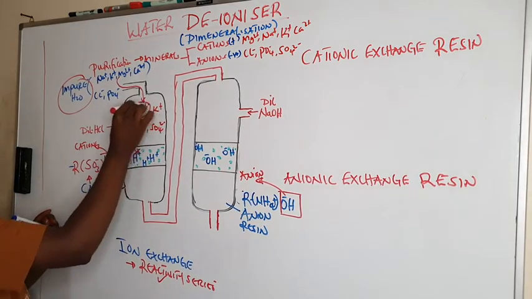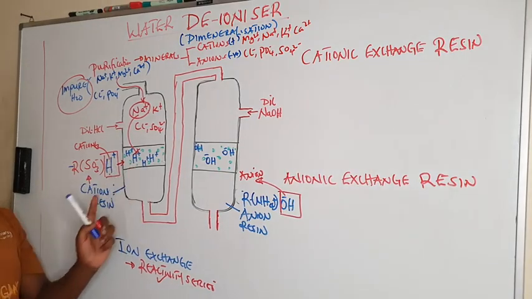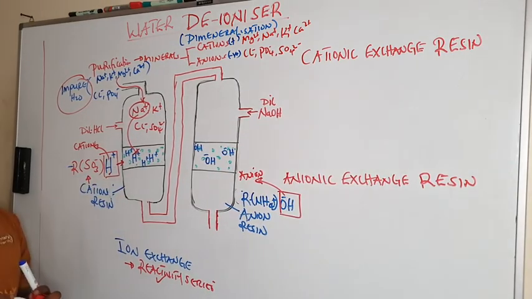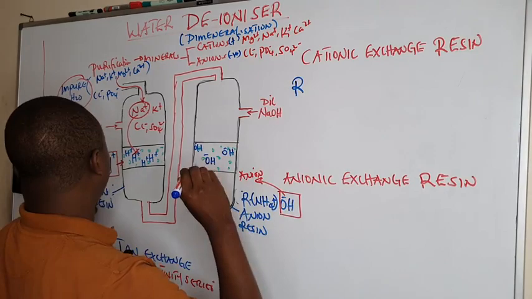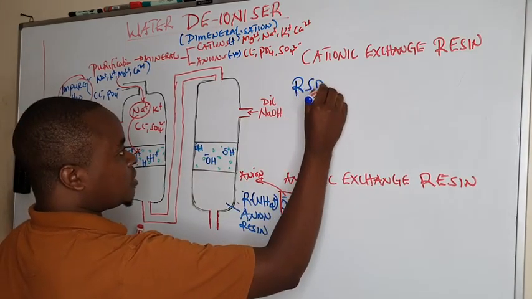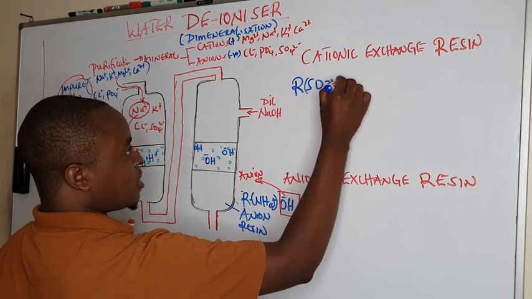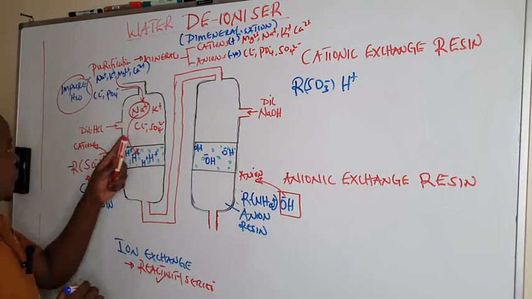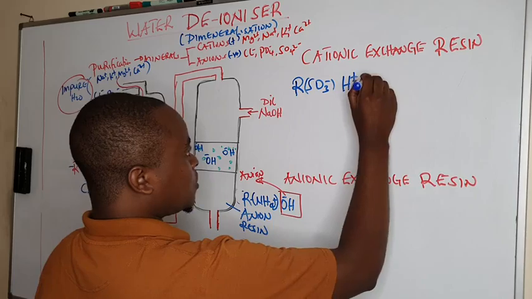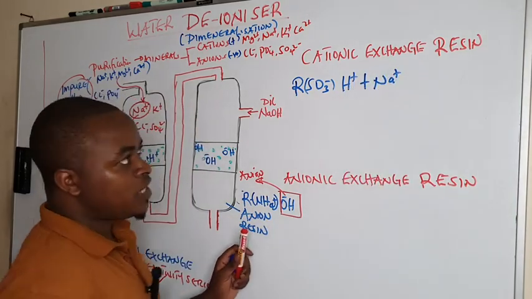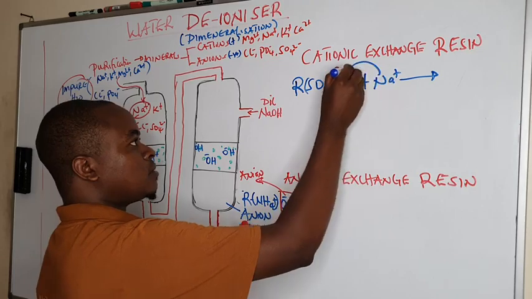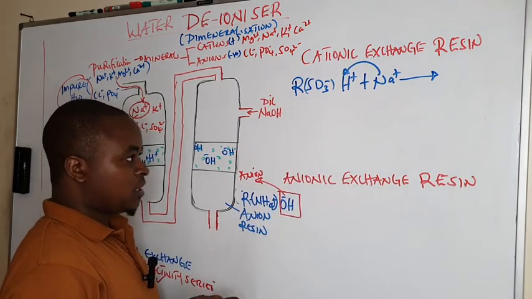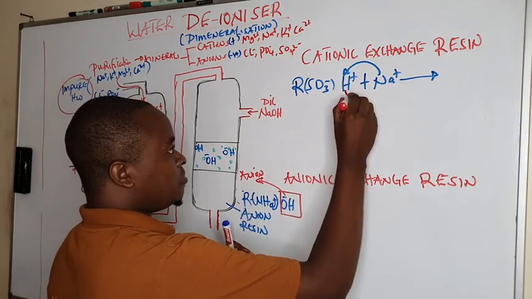This sodium, being more reactive than hydrogen ion, is going to come and displace the hydrogen ion, and takes over. So in the illustration, we have the cationic resin. This is the polymer chain. It has the acidic substance with the hydrogen ion. So if the impure water is coming with a cation like sodium, that sodium being highly reactive is going to come and displace the hydrogen. It displaces the hydrogen away from the resin,